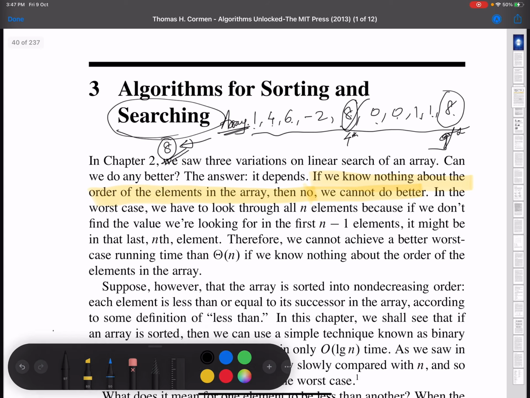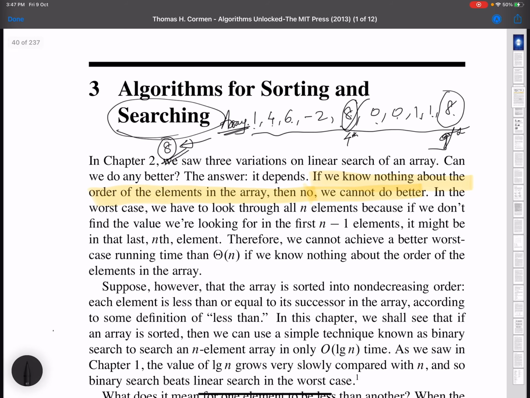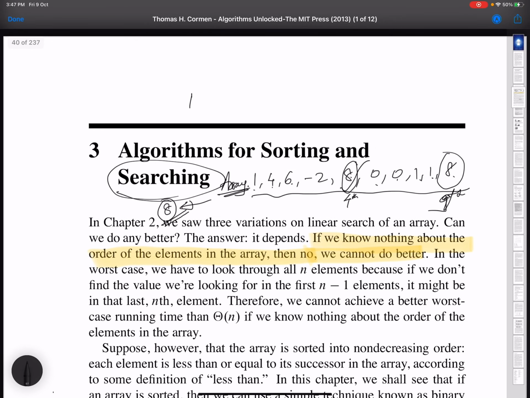Suppose we have elements in sorted form, like 1 2 3 3 4 5 6 7, and we are interested in finding the element with value 4. We need to tell the location of this 4, which is 0 1 2 3 4, so this is position 4 in this array where our element of interest is located.